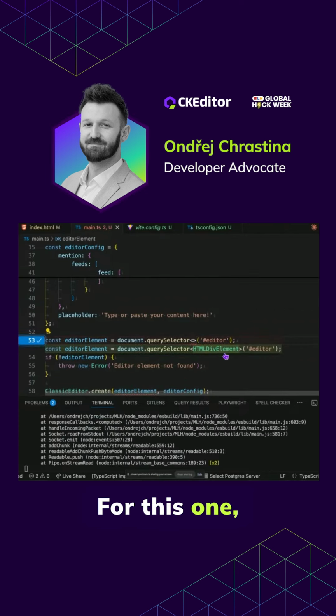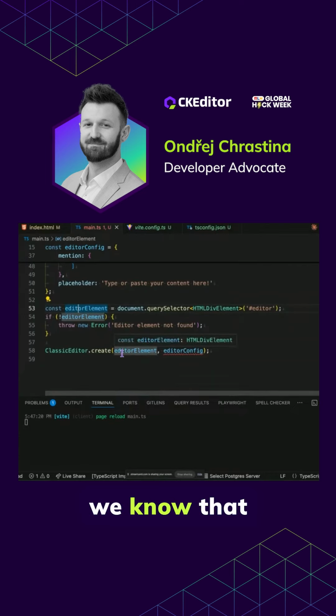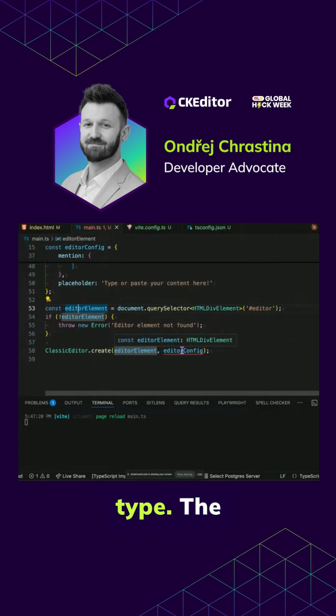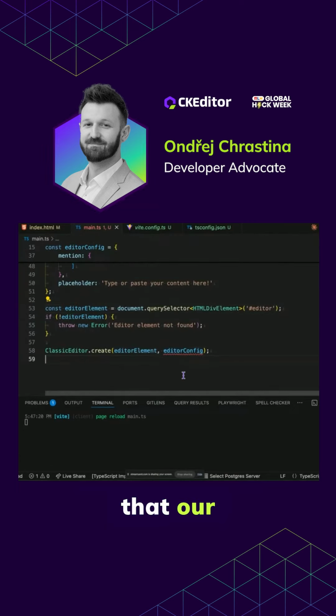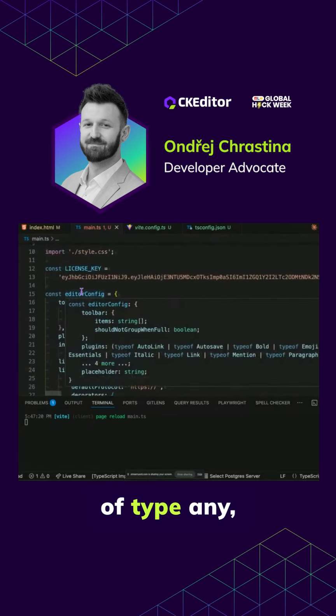For this one, we will just specify with these generics that we just want to find the HTML div element with ID editor. Now we know that this one is either HTML div element or null. And if it's null, we'll throw an error. Now we are all safe because we know that this create function that just accepts HTML element or string has the correct type. The second part basically says that our definition of the editor config is just of type any